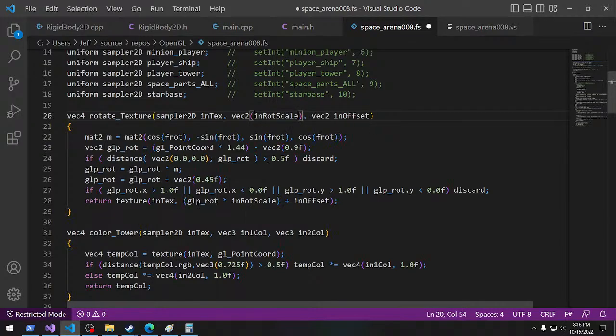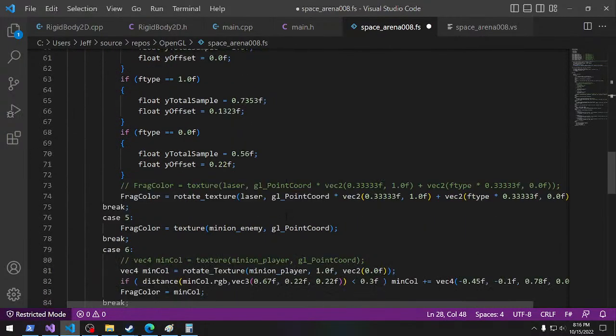And then this one, the GL rotation, is a vec2, so we can multiply it by that vec2, can't we? Yes. Okay, so then when we send in the rotation scale for this one, we want to send in